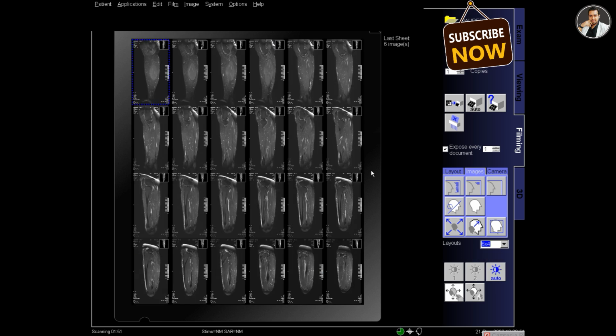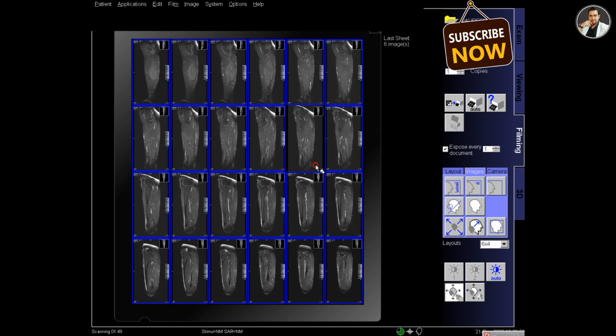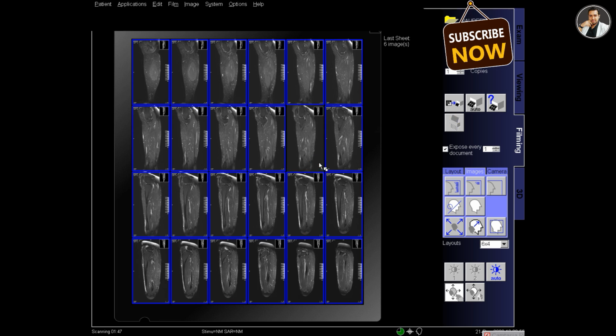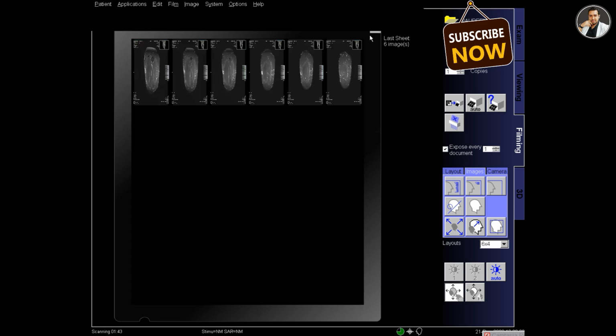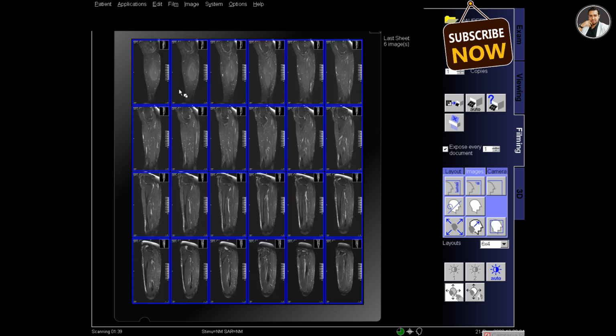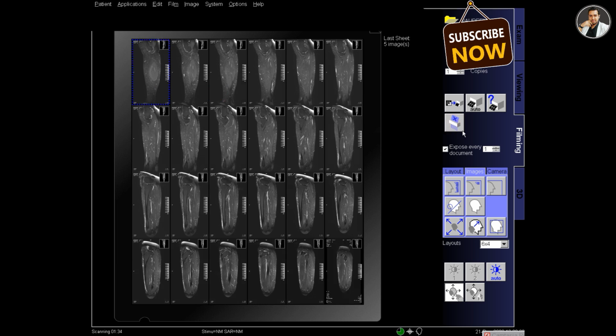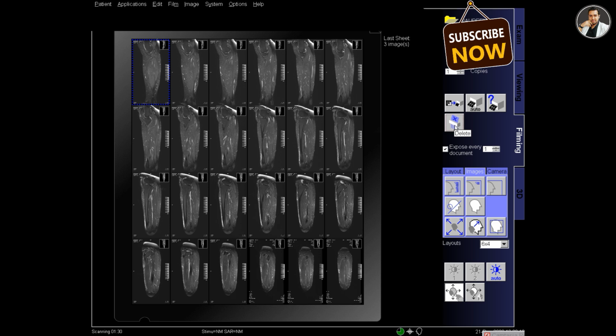And in the filming, change the layout like before, 6:4, and adjust the zooming of the images and the contrast also, and also delete. You can see that the pathologies are on the posterior side, so delete the anterior images so that the pathologies are in the film.